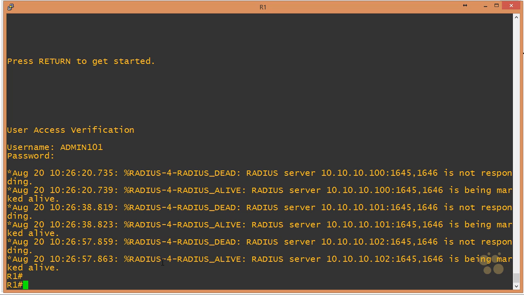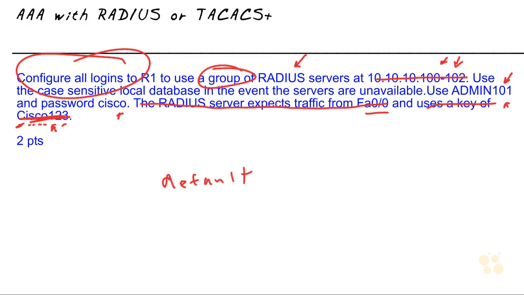So we can tell our configuration is successful. All we would really have to do from a verification standpoint is, again, go in and look at all the mandatory parameters that they gave us. And you can see that I've circled many of them here,